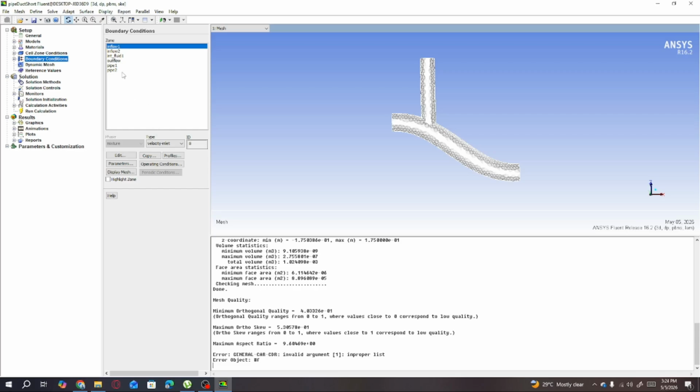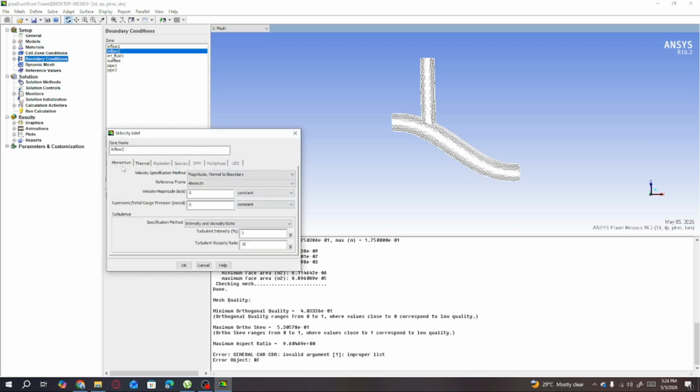Now in the same way we are going to define the inflow two, and in the same way we will select the velocity inlet. Okay, and we need to edit it. We will define the momentum. This option will remain same. The absolute reference frame again remains the same. The velocity here we are defining as 1 meter per second, and again the operating condition, as we know that